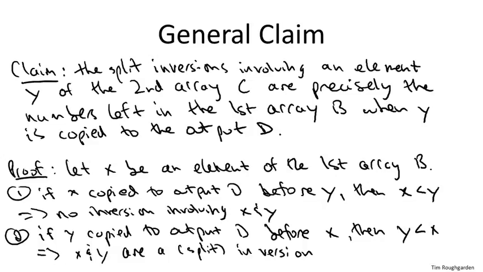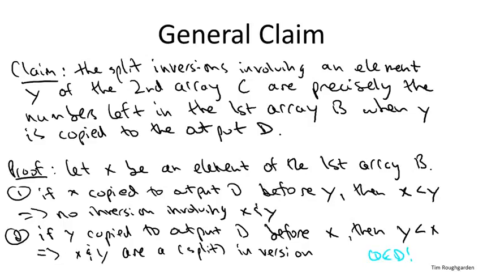So those are exactly the number of elements remaining in B when Y gets copied over. So that proves the general claim. So this slide was really the key insight. Now that we understand exactly why counting split inversions is easy as we're merging together two sorted subarrays,